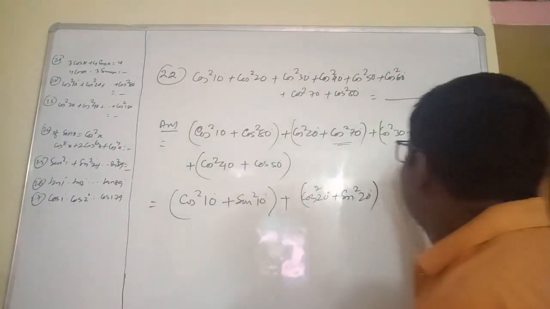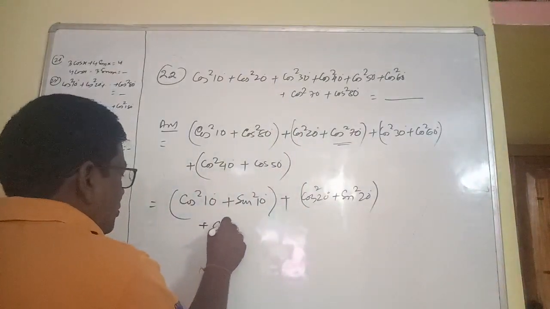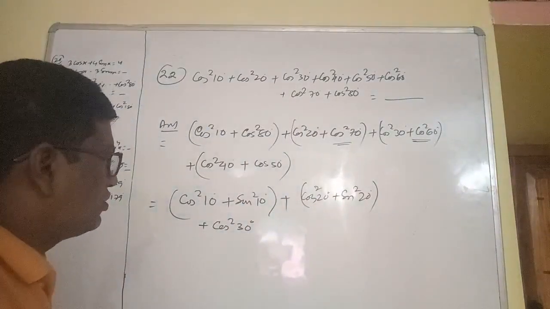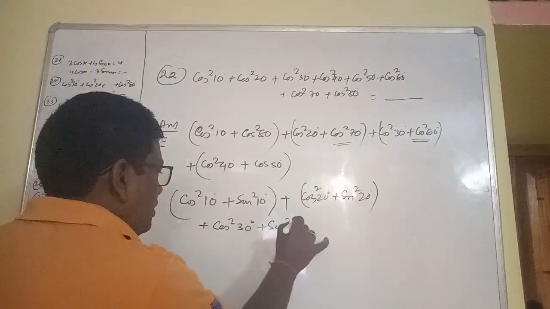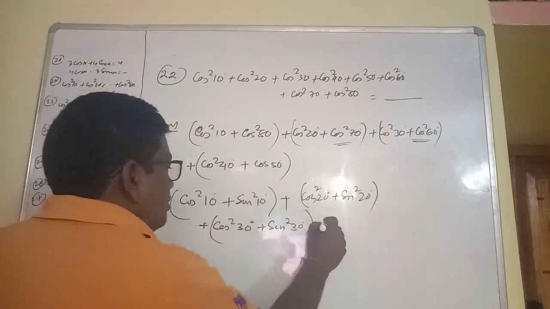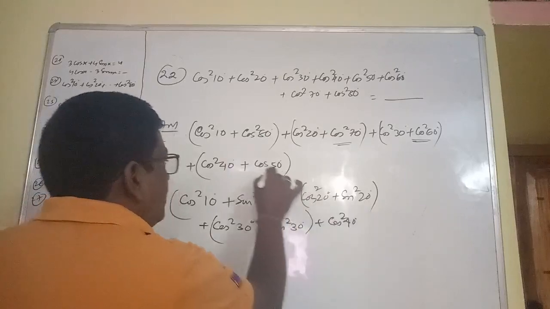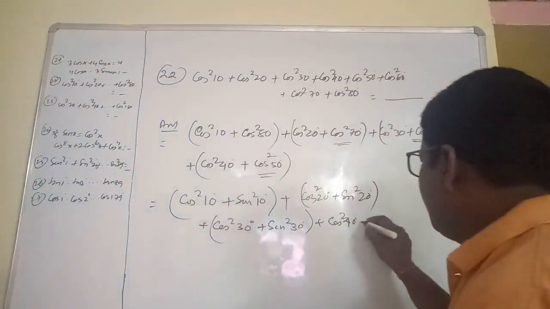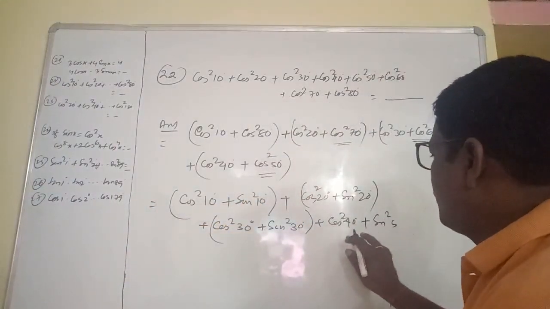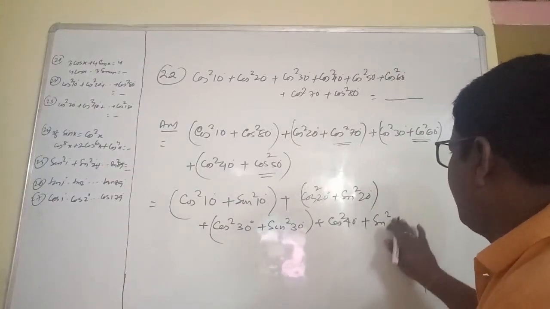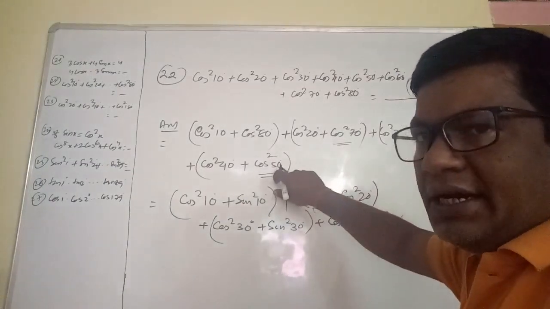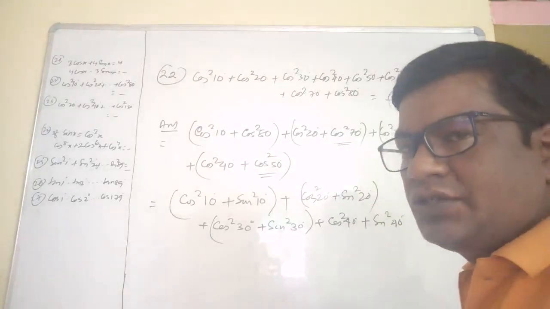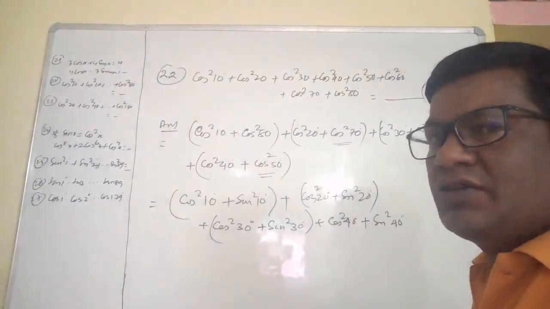Again cos square 30 degree, and what is cos square 60? 60 means 90 minus 30, so sin square 30 degree. And this is equal to cos square 40 degree. And what is cos square 50? Cos square 50 means sin square 40. Clear? 50 degree is equal to 90 degree minus 40 degree, so cos square 50 degree we can write as cos square of 90 degree minus 40 degree. Cos of 90 minus theta means sin theta,